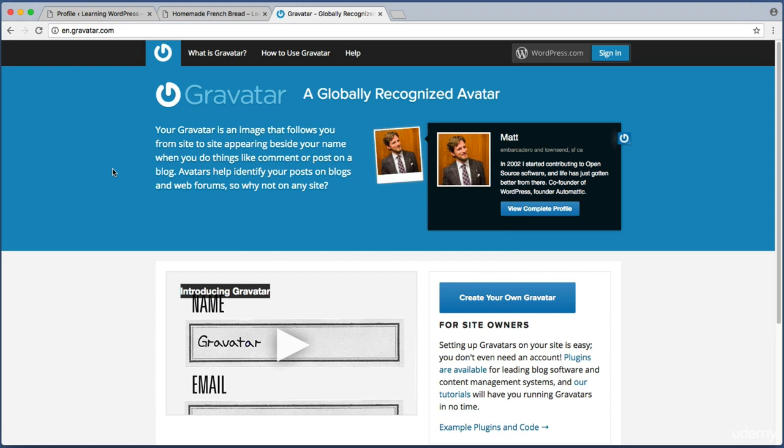So just like you would create a free account with services like Twitter or Facebook or Pinterest, you create an account with the Gravatar service. Now, creating and setting up your Gravatar account is very simple, very intuitive, so we don't need to walk through it together, but I do want to stress one key point. When you sign up for your Gravatar account, be sure that you use the same email address that you used for your